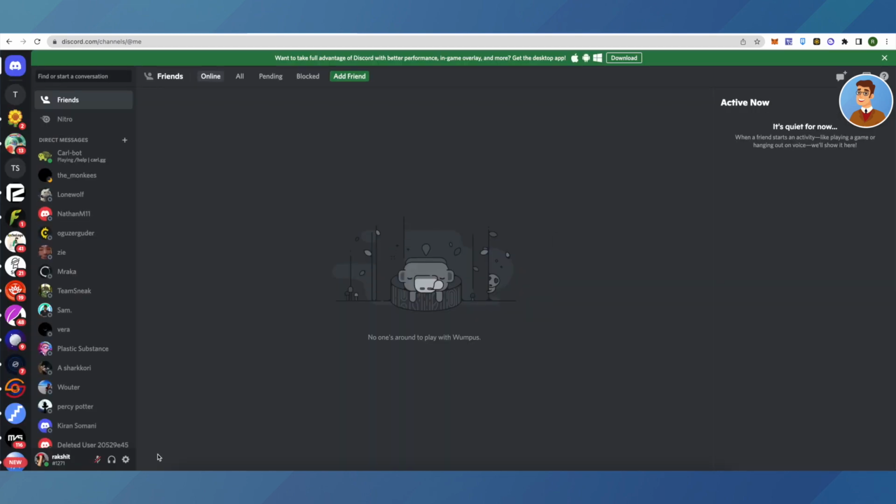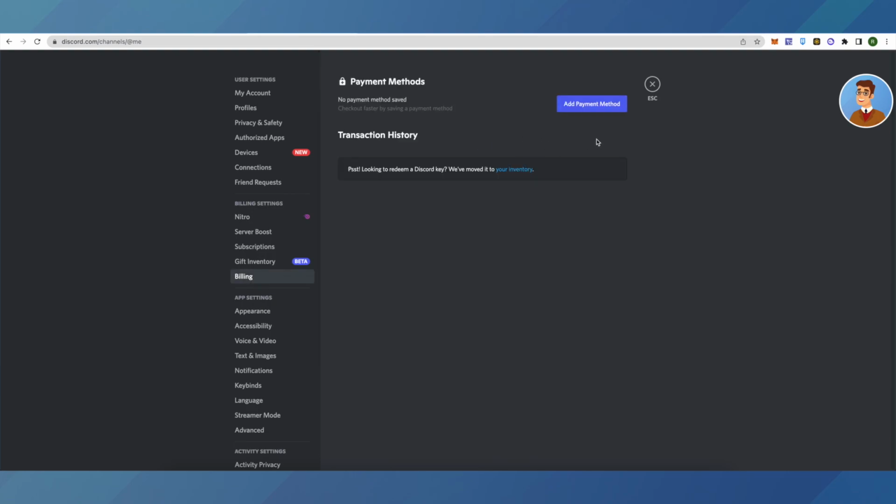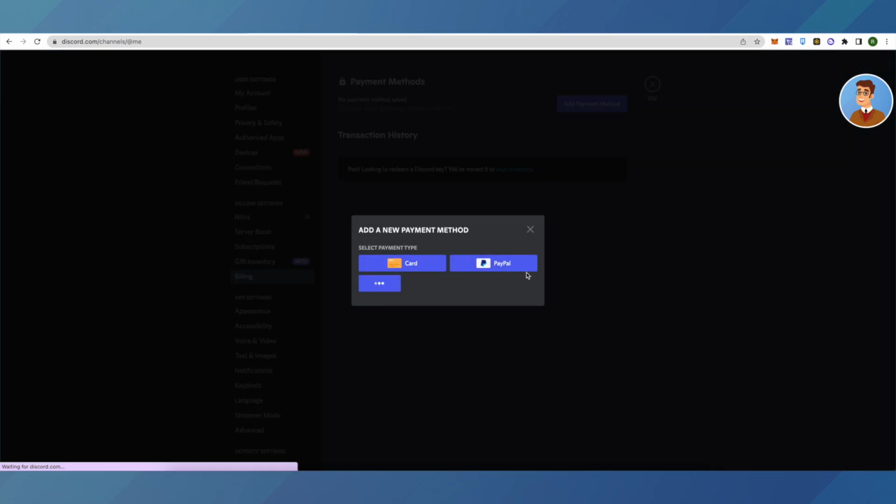And after logging into your account, go to your account settings, and here on the left hand side you will see a list of options. Among them, just click on this option of billing, and here you will see this option of add payment method. Just click on it, and you will see this option of PayPal. Click on it,